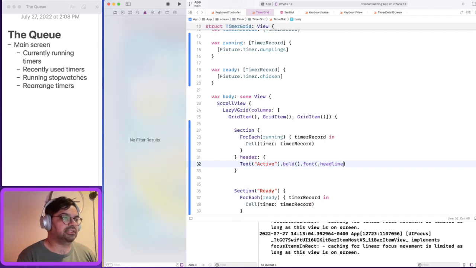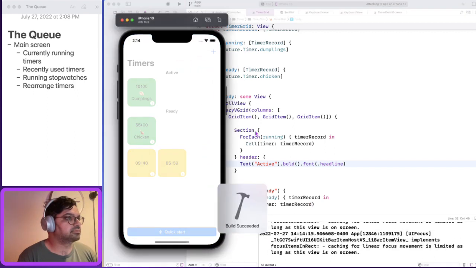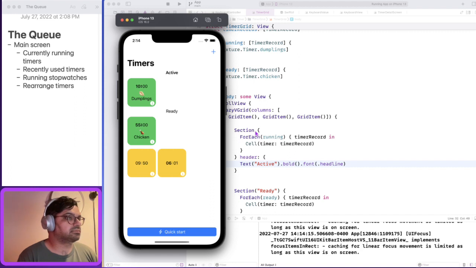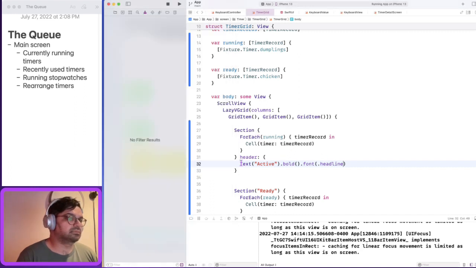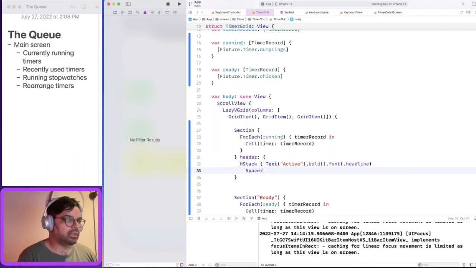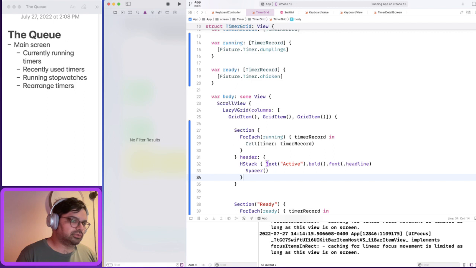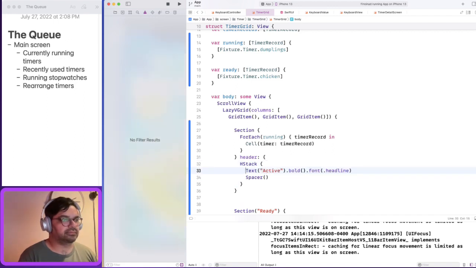See if this looks any better. And if I want to try aligning this to the left,